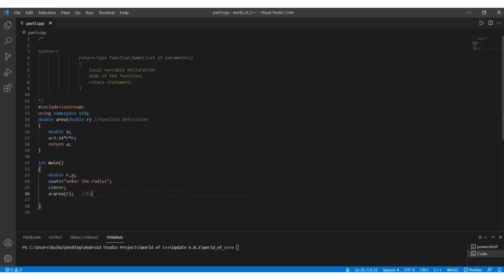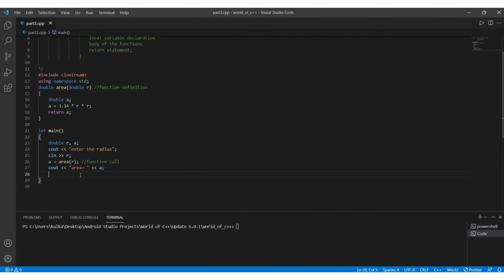This is our function call, and then display the area. And then I will return 0 here.